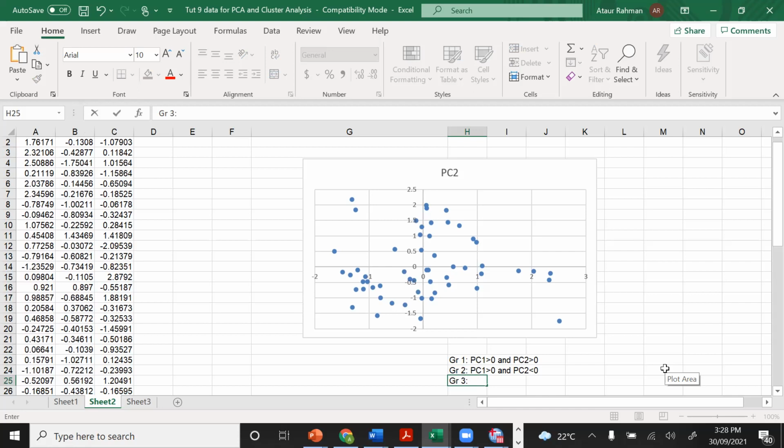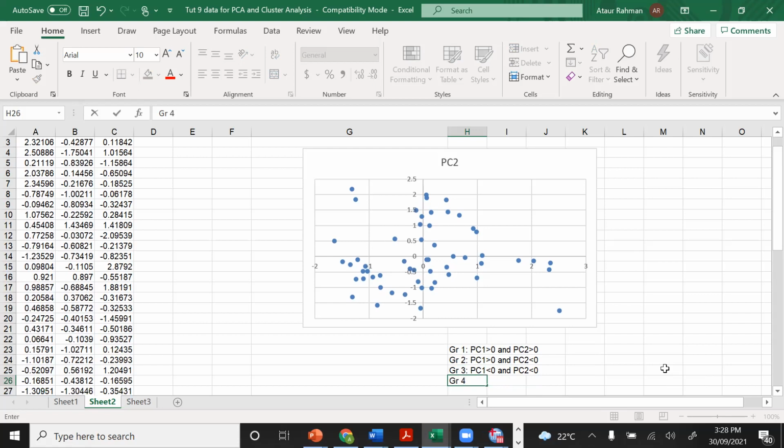So group 3 will be PC1 less than 0, and PC2 is also less than 0. And finally, group 4: PC1 is less than 0, and PC2 is greater than 0. So this can be a correct 4